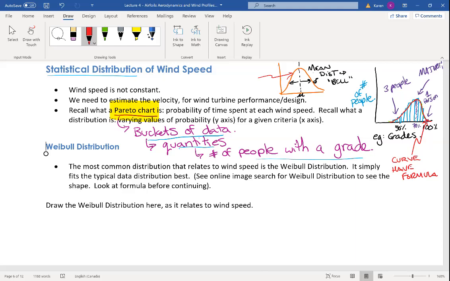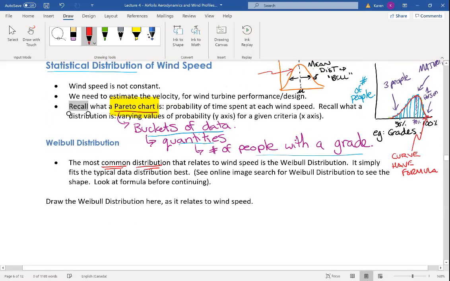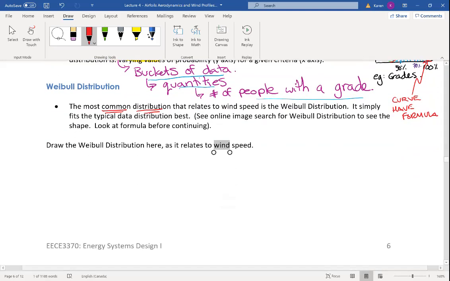So why am I going on about Paretos? Well, we need to know the statistical distribution of wind speed. And wind speed actually does follow a common distribution. I can tell you your grades in my classes follow a common distribution that looks about like this. Wind speed follows a common distribution as well, but it looks different. It looks more like